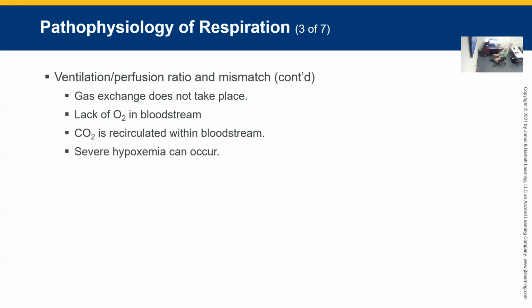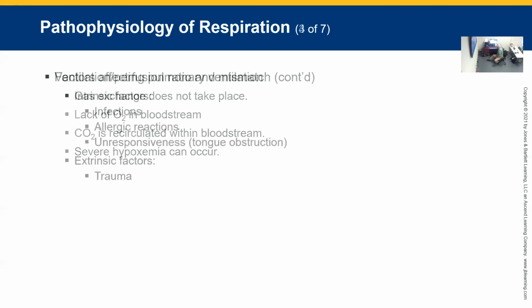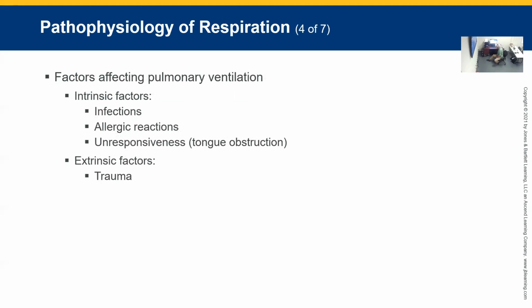So what's happened is it can't offload the carbon dioxide, so the carbon dioxide is recirculated in the bloodstream, and you can't get rid of it. The carbon dioxide level just rises like crazy. So that's part of the oxygen or ventilation perfusion mismatch. So I'd mentioned infections,